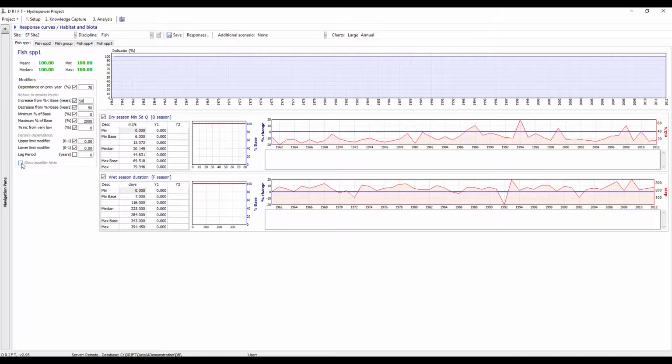The next one, let's just put the modifiers on so we can see what it is. It says, how long would it take for the curves to return to median from a 5% of baseline, so in other words, from a very low value in the baseline, if all the conditions were at median? Okay, so let's just say this in a slightly different way. If, for some reason, your population were to collapse and it's sitting at 5% down here, of this particular fish species,